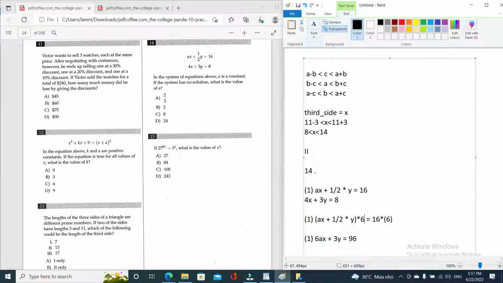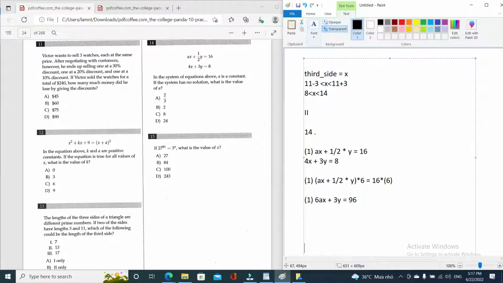Okay, now we're going to keep equation 2 the same: 4x plus 3y equal to 8, right? So we're going to take equation 1 minus equation 2 on both sides, and we got that